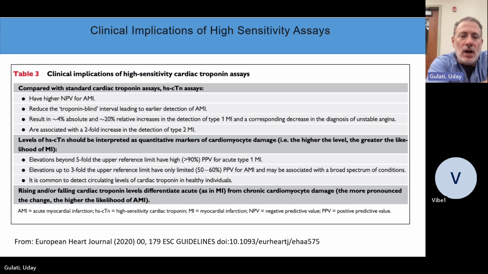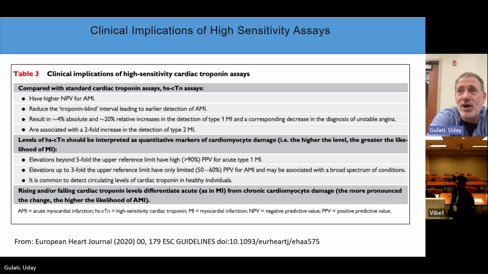Now, I won't spend too much time on high sensitivity troponin, because my hope is that if patients are getting to you guys, they've actually ruled in and they have a real disease process, and they're not coming to you for the reasons that we would normally send someone to an observation unit, right? The point I want to make about high sensitivity troponins, though, is that they have an excellent negative predictive value, right? So if a high sensitivity troponin is normal, meaning like undetectable,